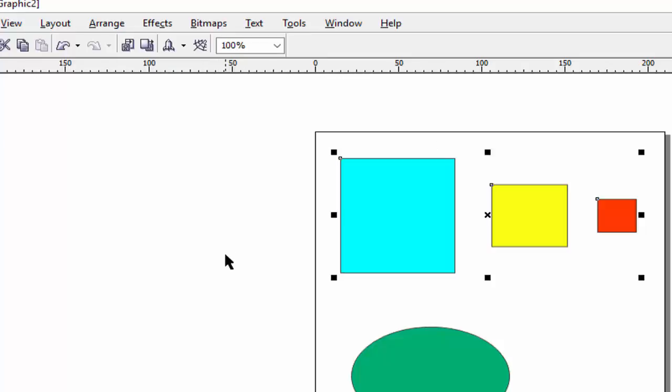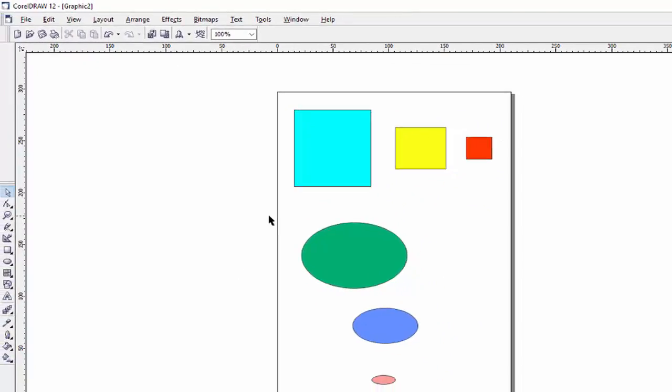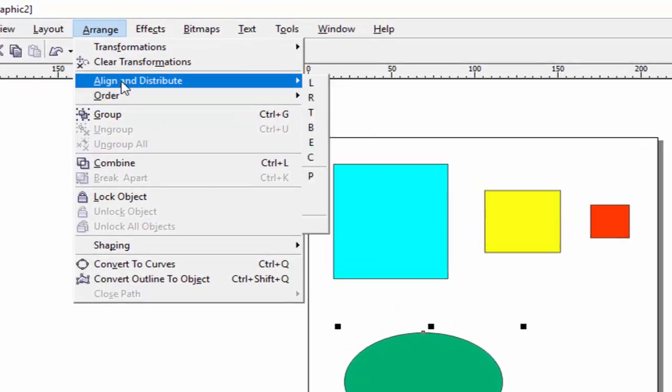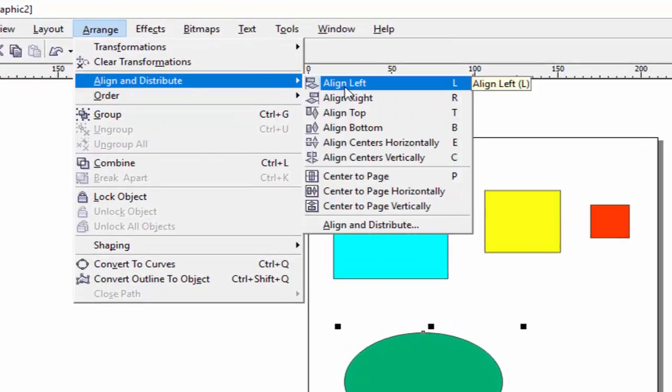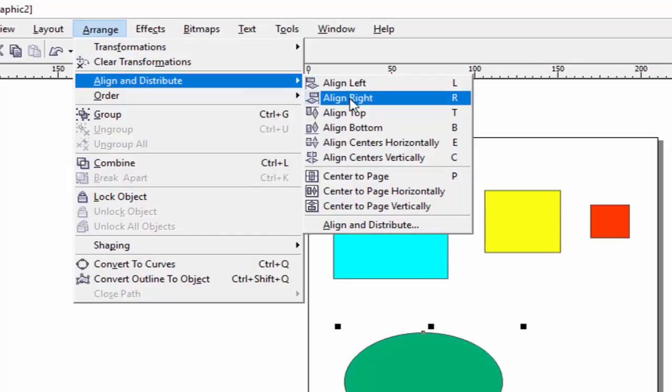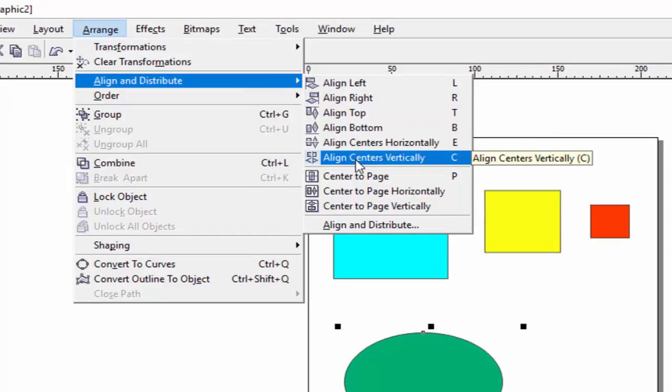And similarly, if you want to align these three circles I have created, use left align, right align and align vertical center. Use these options in align and distribute: align left, shortcut key L, align right, shortcut key R, and to align them center vertically, use shortcut key C or this option align center vertically.